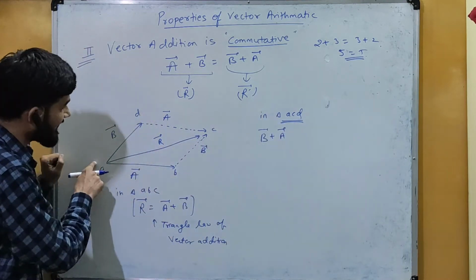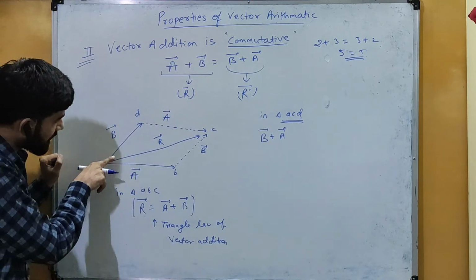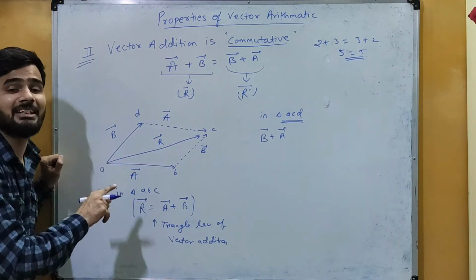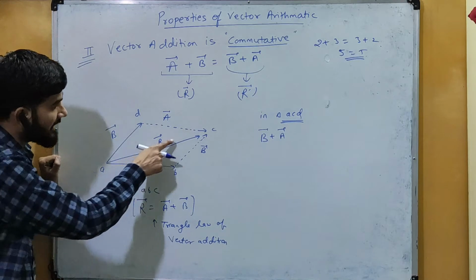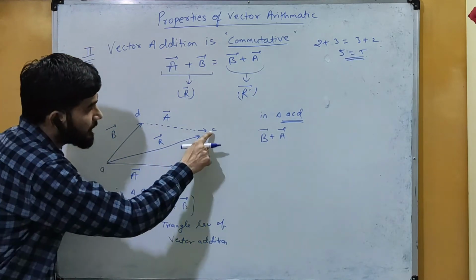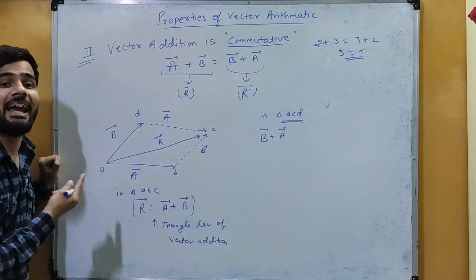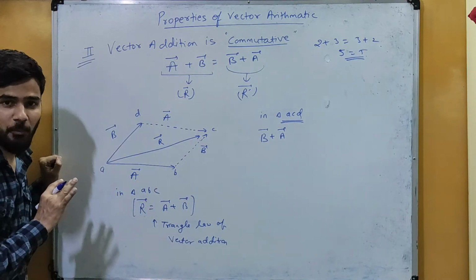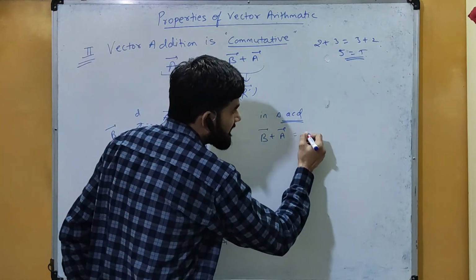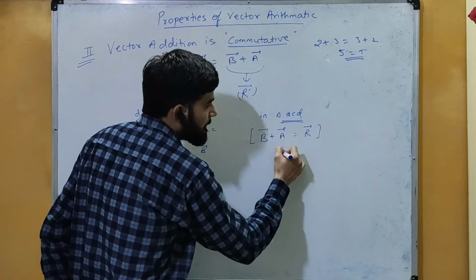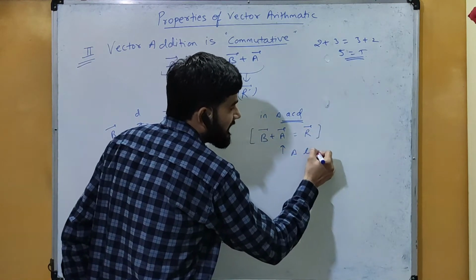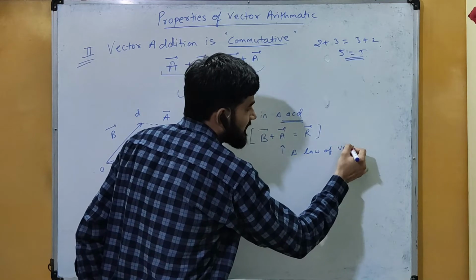हमारे पास triangle तो बन ही रहा है, triangle ACD, but we have to take this resultant one, that is the third side, in the opposite order. और ये यहाँ पर opposite order में ही है. कैसे? क्योंकि जहाँ पर वेक्टर C एंड हो रहा है, वहीं पर जो वेक्टर R है वो भी एंड हो रहा है. मीन्स दे बोथ आर इन द ऑपोजिट ऑर्डर. तो यहाँ पर भी क्या हो जाएगा, दिस इज द रिजल्टेंट R. ये भी हमने कहाँ से लिखा, फ्रॉम ट्राइंगल लॉ ऑफ वेक्टर एडिशन.